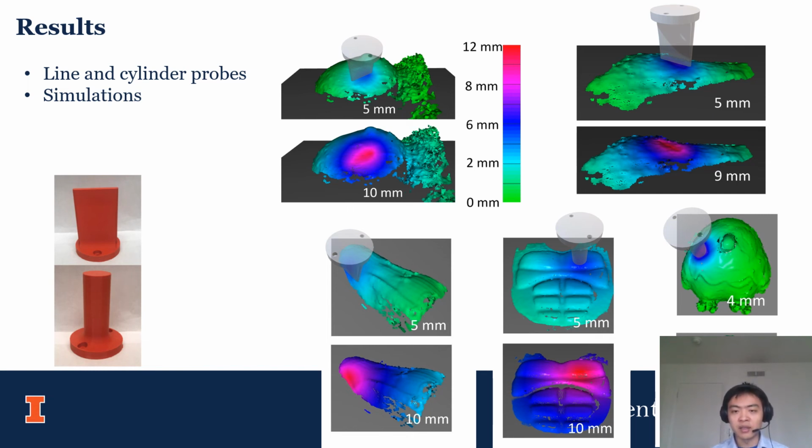But in the future we can easily just use a camera to track the deformation. Note that because the vest, the one in the middle on the bottom, is pretty stiff, meaning that the entire surface kind of moves along with it, when you press it down, you don't see a very clear groove on it. But in the other objects that are softer, you see that there's a pretty clear groove. Oh, I forgot to mention that the color in the images shows the amount of surface displacement.